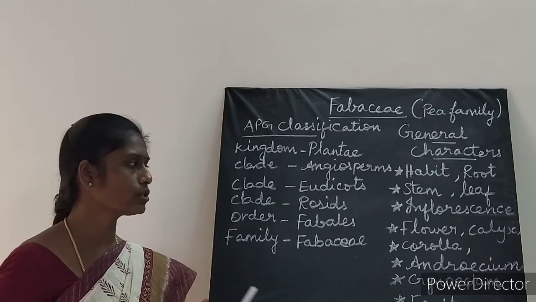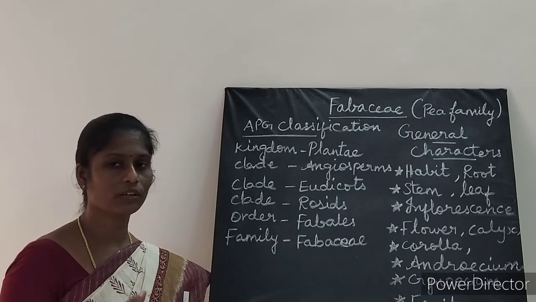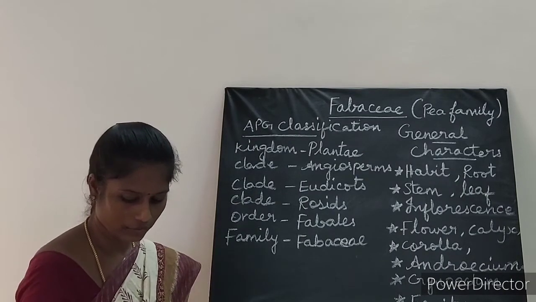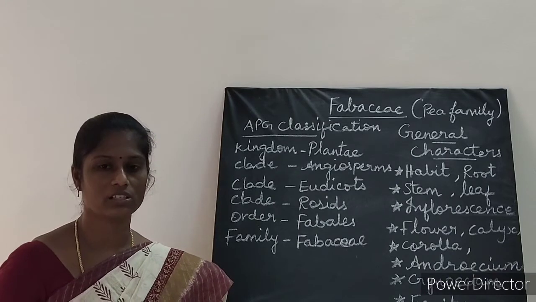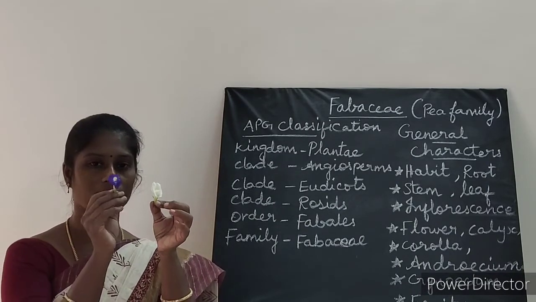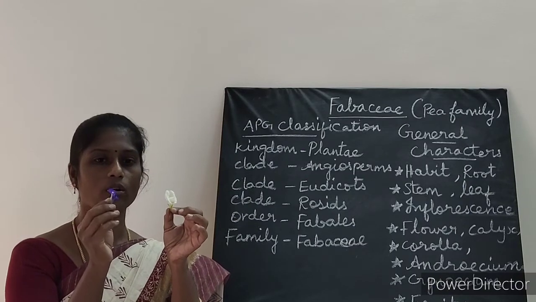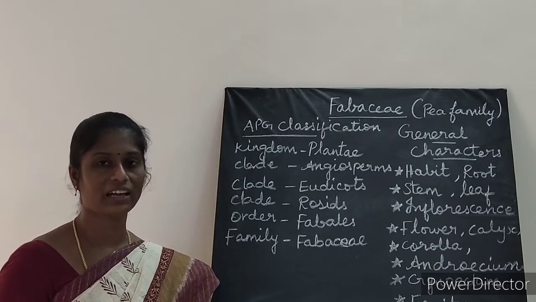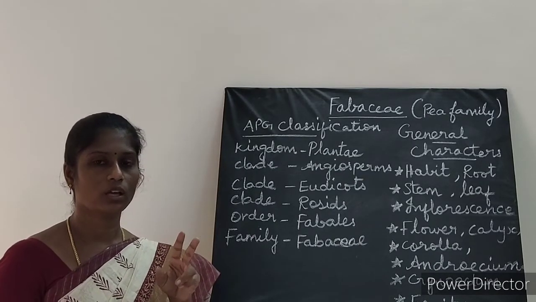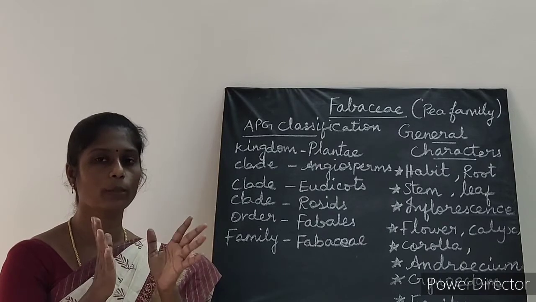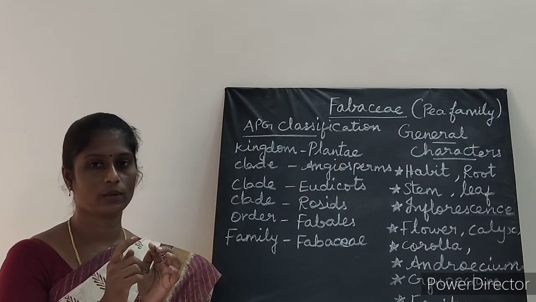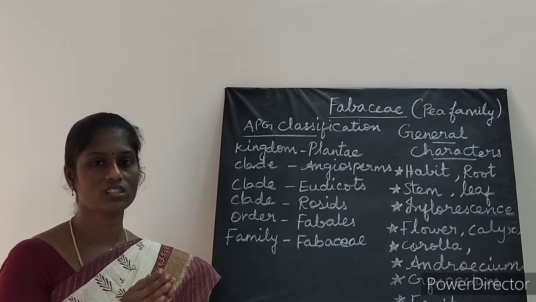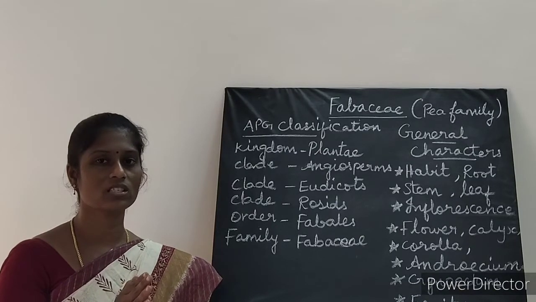So androecium here, it is different from one flower to another, because here in Clitoria ternatea, this Clitoria ternatea, it is of two colors. Okay, one is white, another one is purple. Now here the androecium shows diadelphous. Diadelphous means di means two, that is, the stamens are grouped to form two bundles. So 9 plus 1 arrangement, 9 forms one bundle and one is free. Okay, so this is 9 plus 1 arrangement, which is diadelphous.